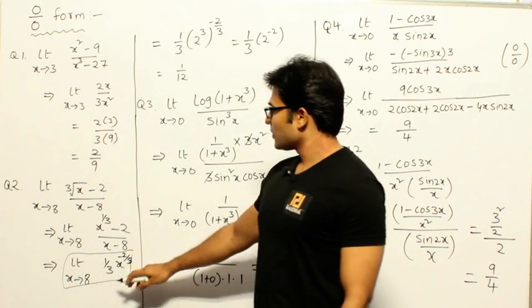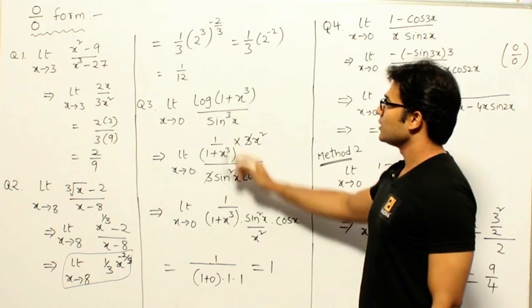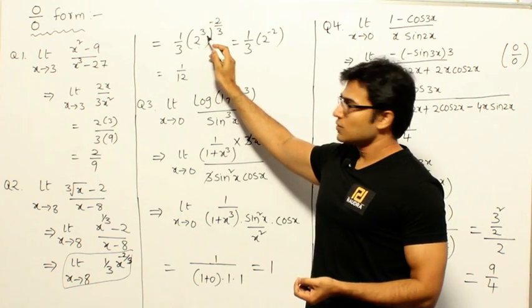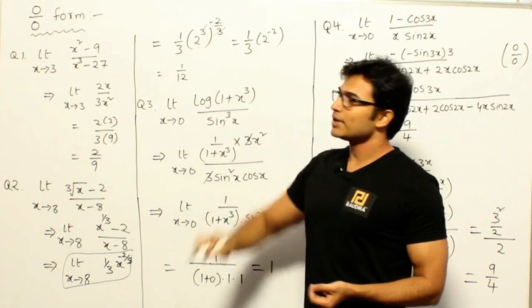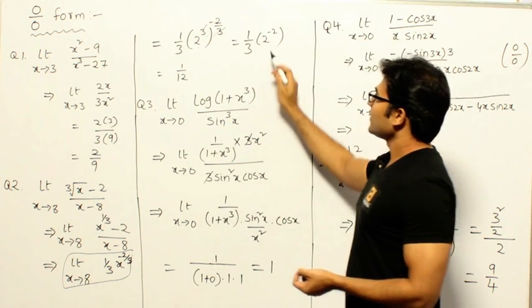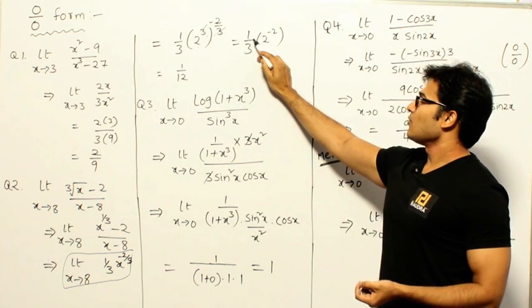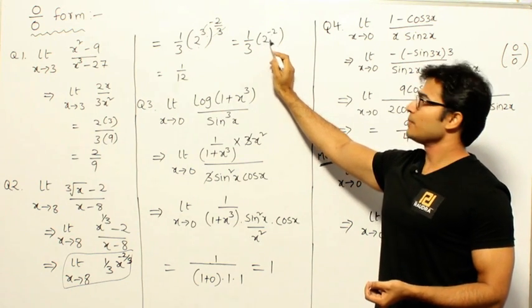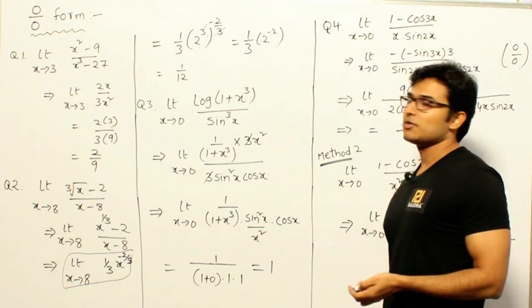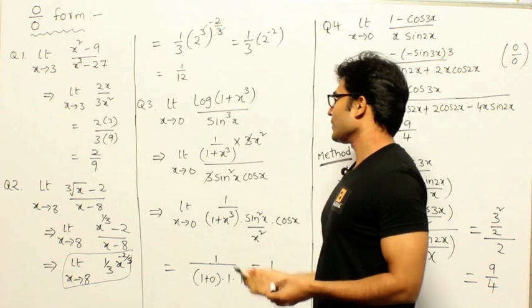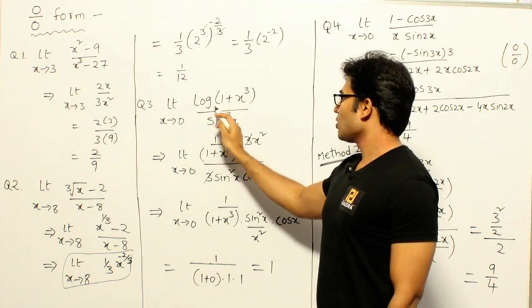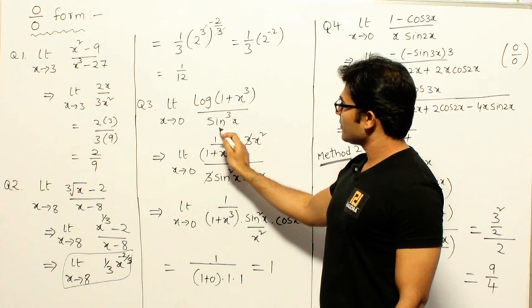Okay, now you try to apply limit there. If I apply the limit there, so 8 I am writing it as 2 power 3, so that you know these two will get cancelled, right? So finally you are going to get the answer as 1 by 3 into 2 power minus 2, which means 1 by 3 into 1 by 4, which means 1 by 12. Got it? Okay, now the next one is limit x tends to 0, log 1 plus x cube divided by